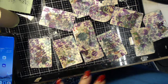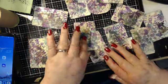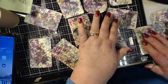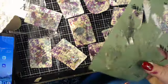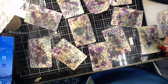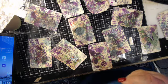Okay, now, there we go. Let's hang that right up there. Now these are kind of pretty dry, and all of the backgrounds are finished. I could put more on there if I want to, or I don't have to if I don't want to. But see, you can now start putting, like, maybe I would put,